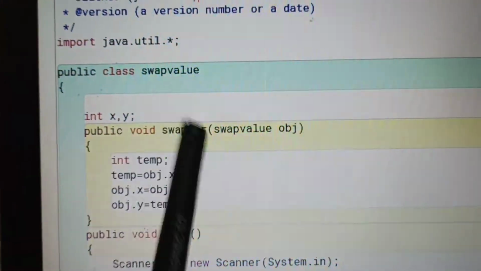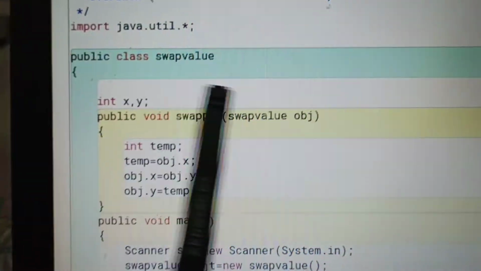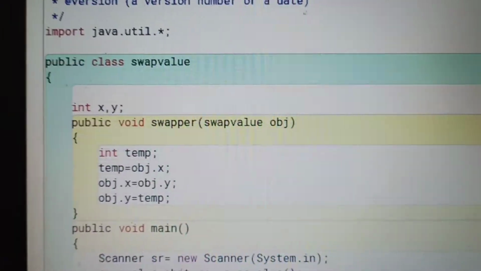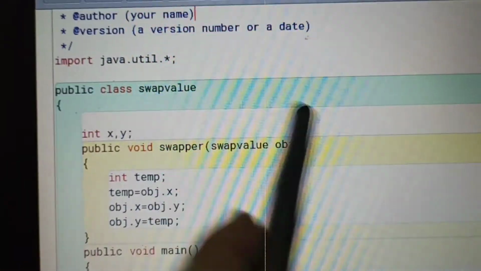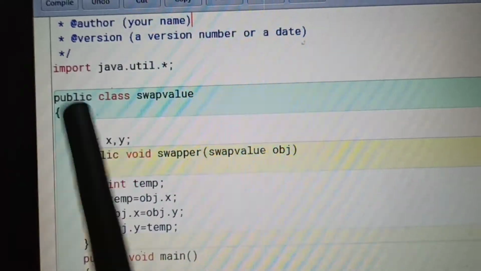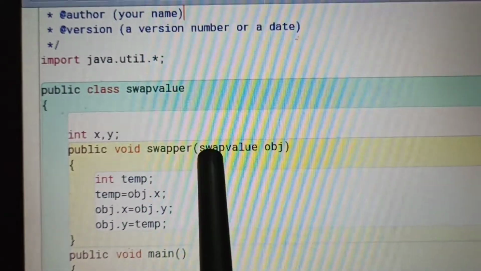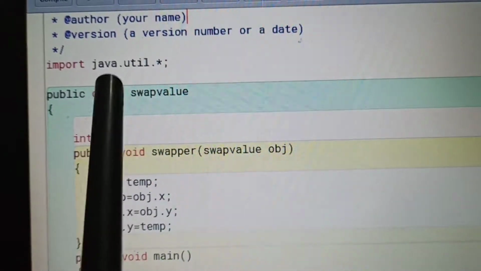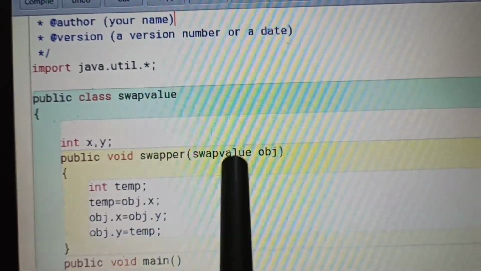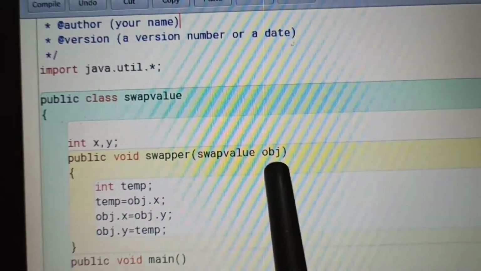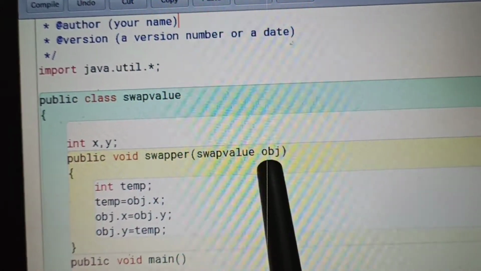Now one more method is created, that is swapper. Here are the formal parameters, but in the formal parameters we are writing the class name with its object name.